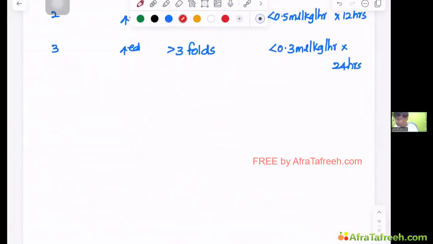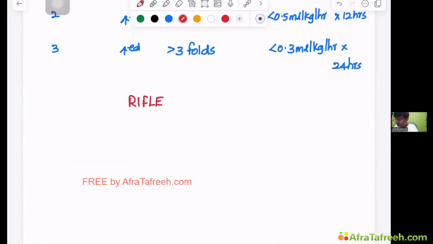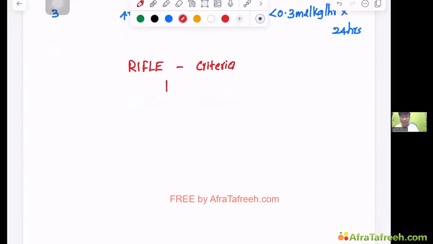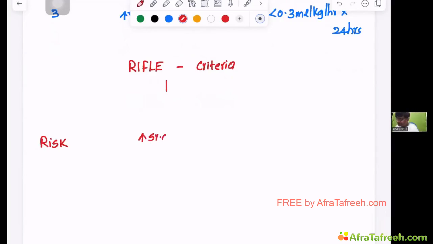So, what does this RIFLE stand for? I'll tell you. This is your RIFLE criteria for acute renal damage. The letter R stands for risk, right? And when will you consider it as risk? That is, there should be an increase in serum creatinine. How many times? 1.5 times,